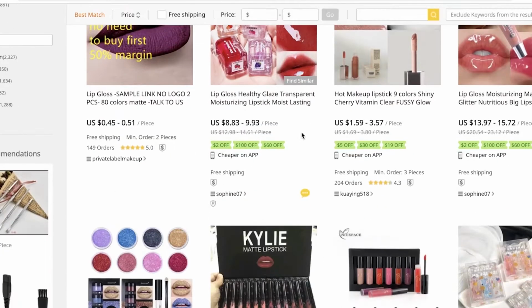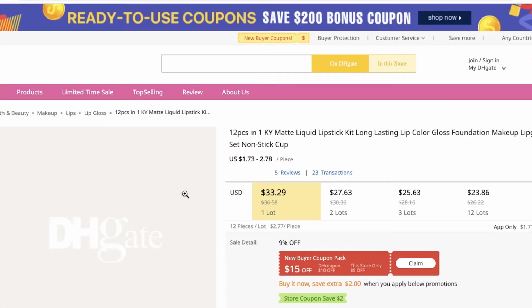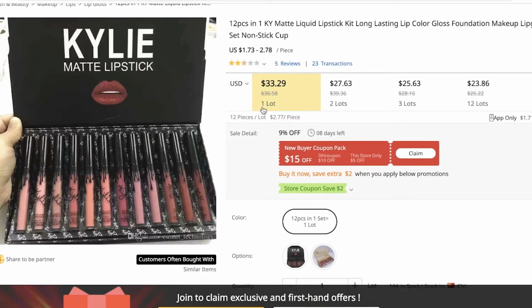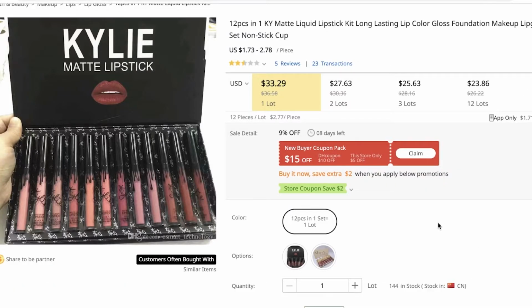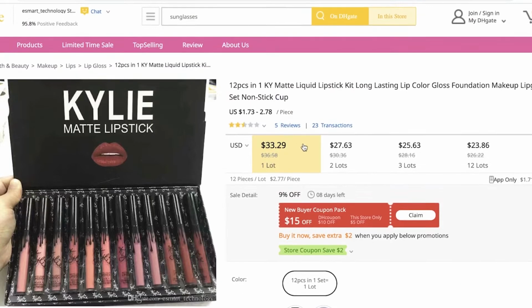And if we take a look at the different options, you can pick out any one that you want. If you take a look at one of these options, you will see the price for 1 lot, 2 lots, 3 lots, 12 lots, and 4 lots. Obviously, the more lots that you order, the lower the price you have to pay per item or per lot as